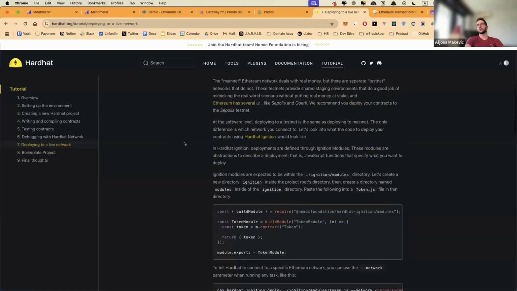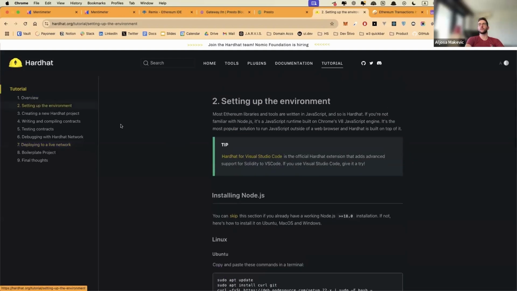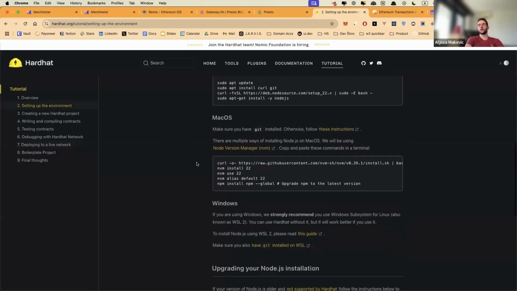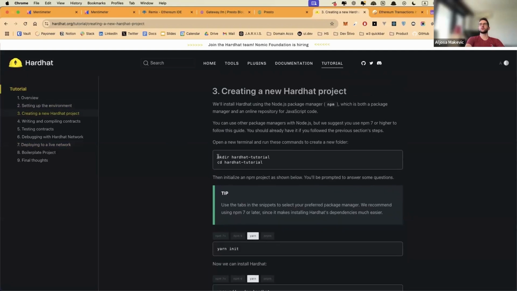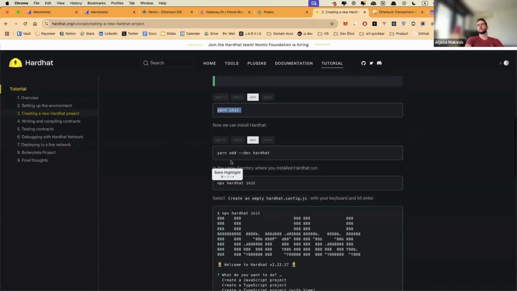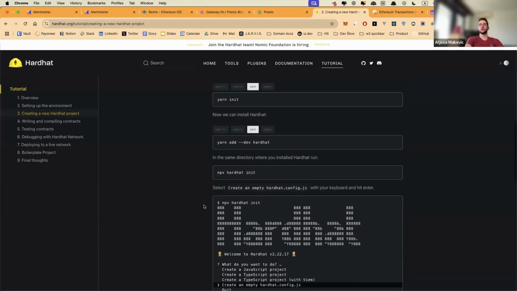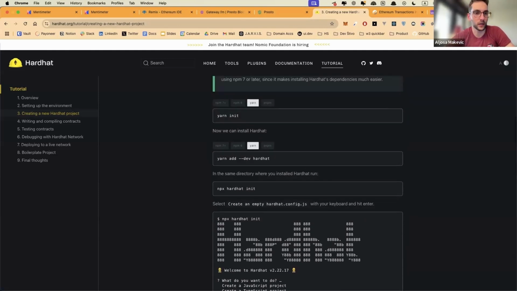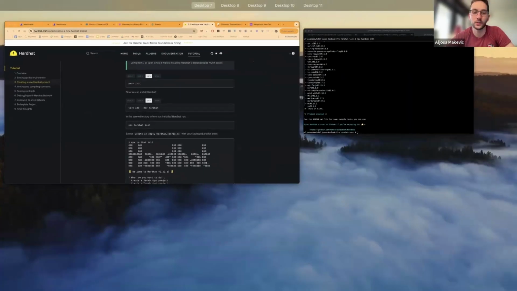Now I can send you guys later the few lines of code you would need to set up Hardhat, but it's super simple, because to just create a new Hardhat project, you will literally make a new folder, enter the folder, say yarn init, add dev Hardhat, npx Hardhat init, and you just set up the project that you want. And I'll show you kind of like how that looks. Just 1 second.